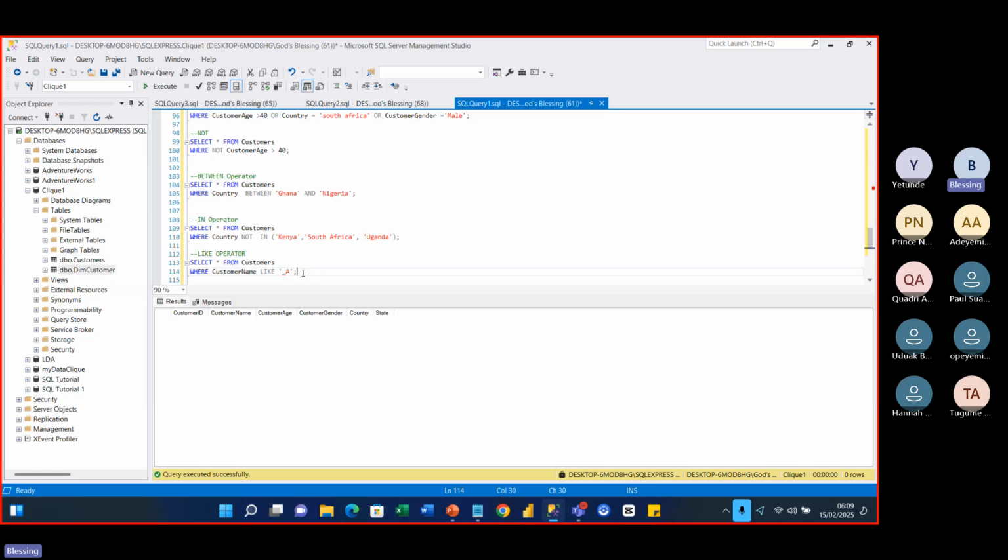Now let's run this. Let me just add my percentage here. So I'm saying filter all the records from the table where the second character of the person's name is A. Then this symbol for percentage means any number of characters, zero or even one, any number of characters. If I run this and execute it, you can see that it returned